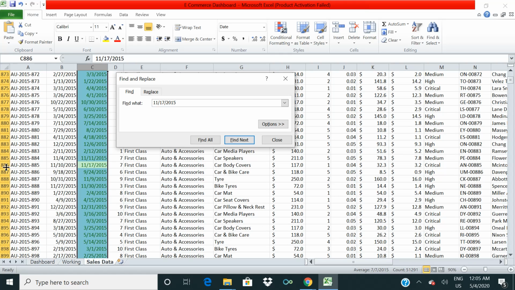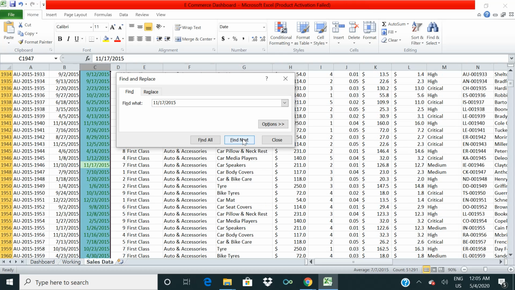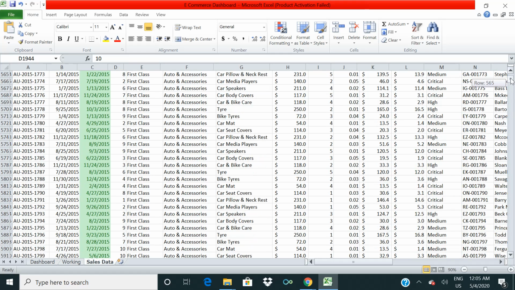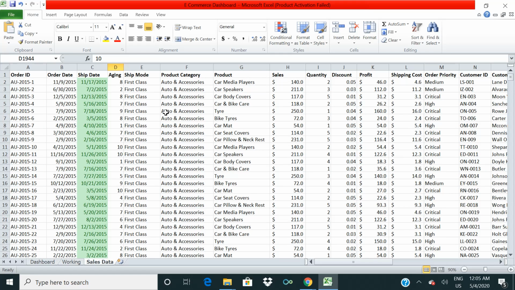See, in row 886 there is also the 11 17 2015 value. Also row 1947 has the 11 17 2015 value. So likewise all the values of this date column are duplicates. That's why it is getting this color. Okay, so this is for duplicate values.